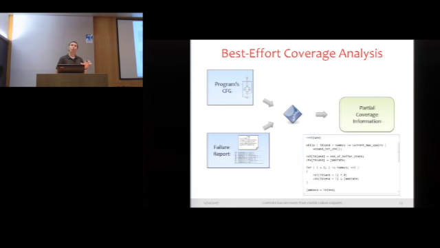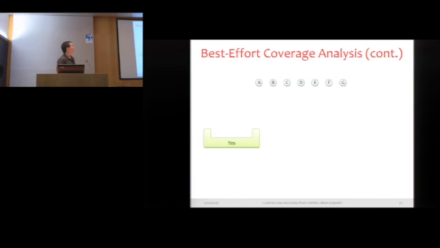Because remember, we won't expect the failure report to provide complete data on the failing execution. Thus, it partitions the program statements into those that executed, those that didn't execute, and those that might have executed. Hence, for the sets yes, no, and maybe, we can always safely answer that all control flow graph nodes are maybe, but our answer is closer to optimal and more useful to a developer the more nodes we can classify